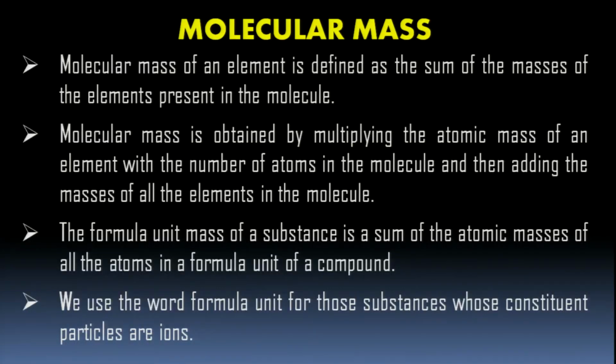The formula unit mass of a substance is the sum of the atomic masses of all the atoms in a formula unit of a compound. Formula unit is nothing very great thing. It is just similar to finding the molecular mass of a compound. But the main thing is that when we find the molecular masses of the ionic compounds, we say it is the formula unit mass. Nothing more. So don't be scared. We use the word formula unit for those substances whose constituent particles are ions. Okay. For example,